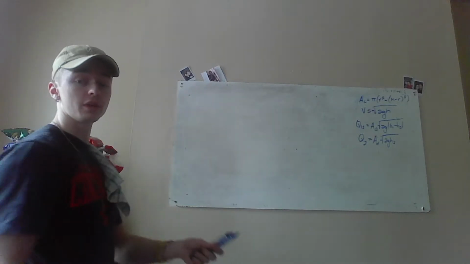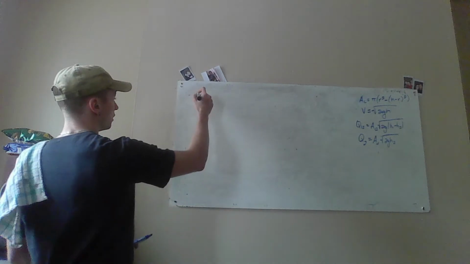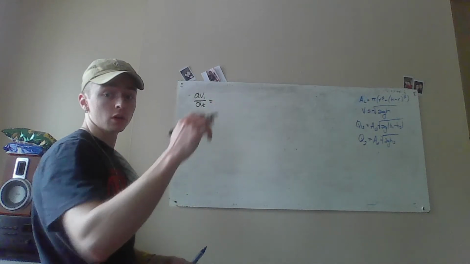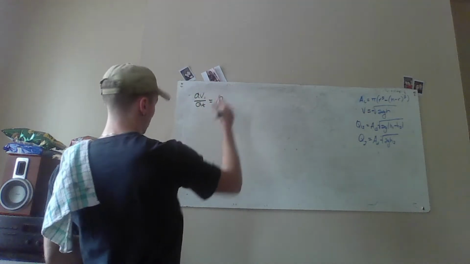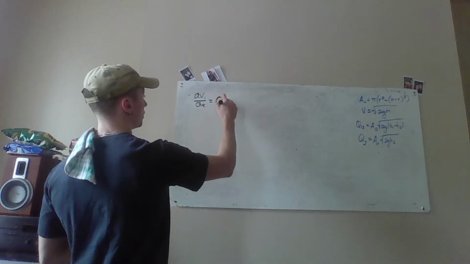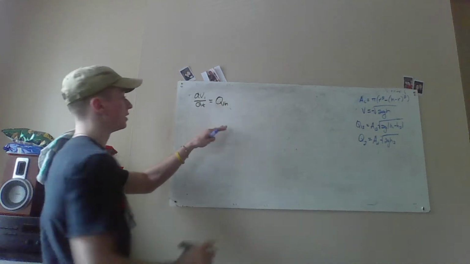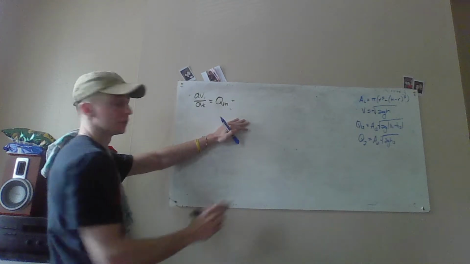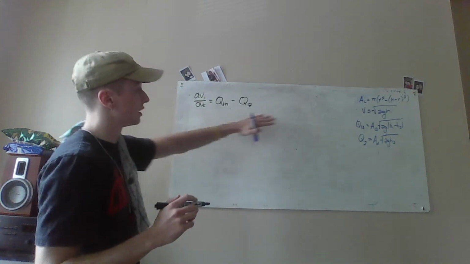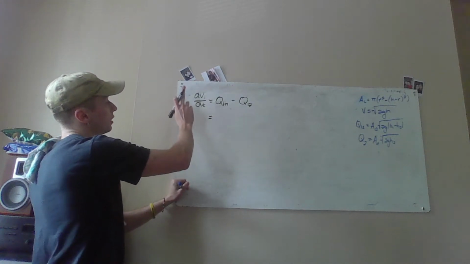So, if we use mass balance equations, we can say that the flow rate of tank 1 with respect to time is equal to Q1 in, the flow of fluid into tank 1, minus the flow from tank 1 to tank 2. And we said that Q12 is equal to this, so we can say that the flow rate of tank 1 with respect to time is equal to